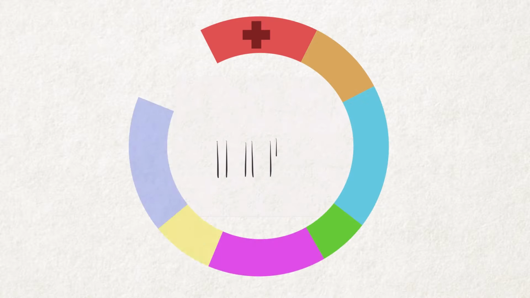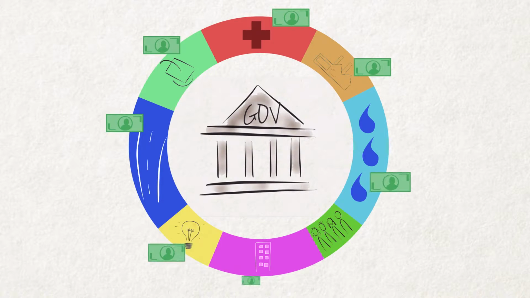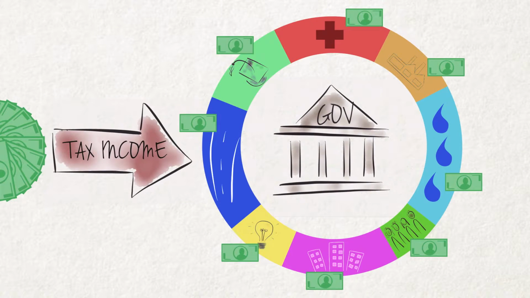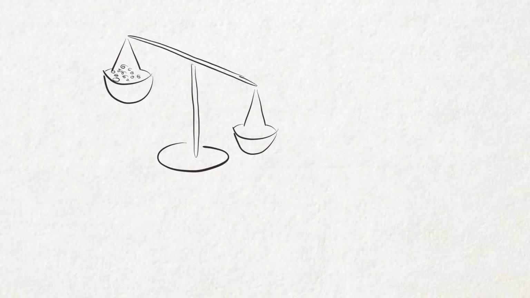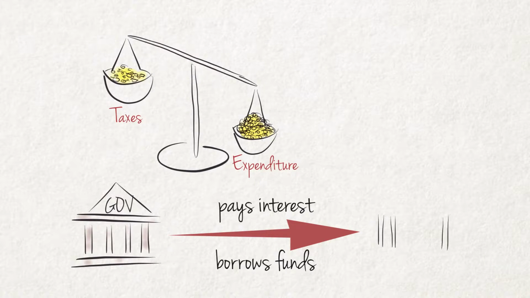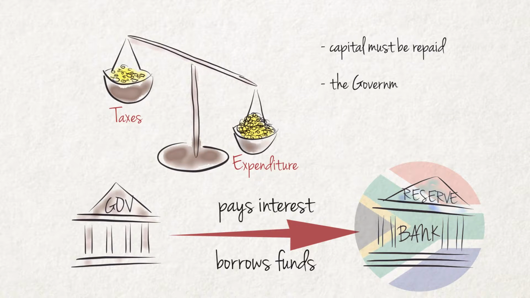The finances of a government are much like that of a household, although the amounts spent by government far exceed that of a household as its responsibilities are much larger. The government has expenditure and requires income to cover such expenditure. The difference between these two items represents a positive or a negative fiscal balance. If expenditure exceeds income, the government must borrow the shortfall. The government pays interest on these borrowed funds, while the borrowed capital must also be repaid when the time period for which the money was borrowed ends. The government can therefore not borrow unlimited amounts of money.